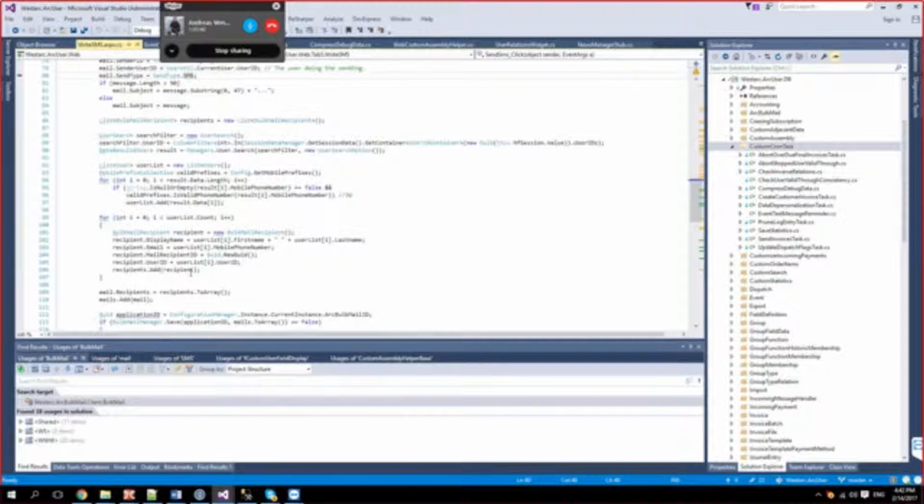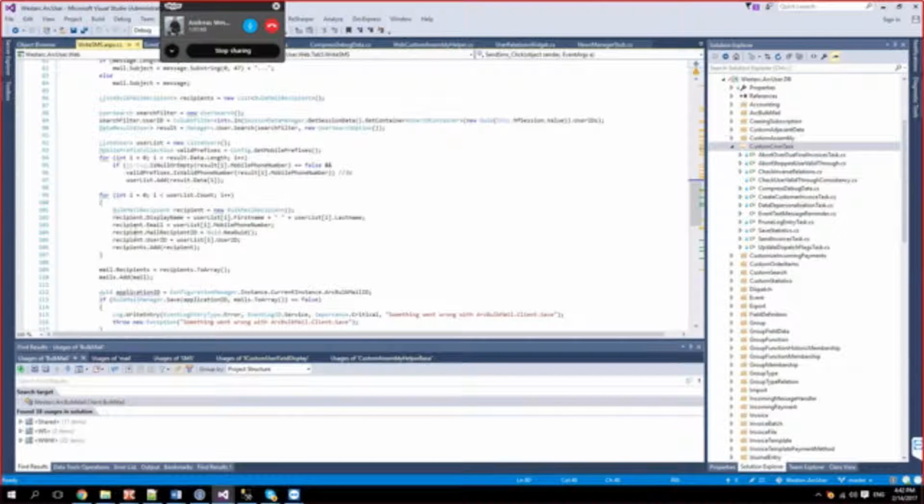It's not pretty, unfortunately. So we see here in this example, I put a bookmark over here too. We declare a recipient, set the display name. Email is the mobile phone number of the user. Mail recipient, I don't think we have to do this. I think it's assigned anyway. And remember what user we have sent this recipient to. And then assign this array of recipients to the mail.